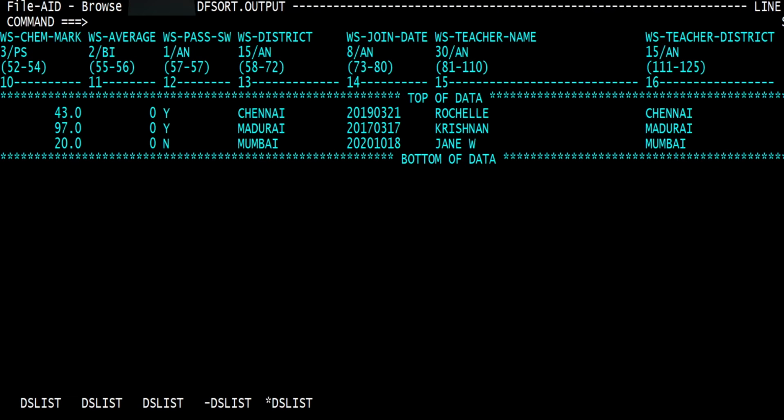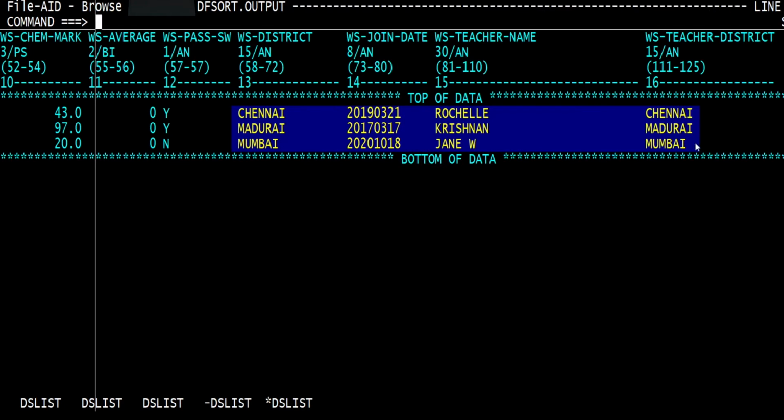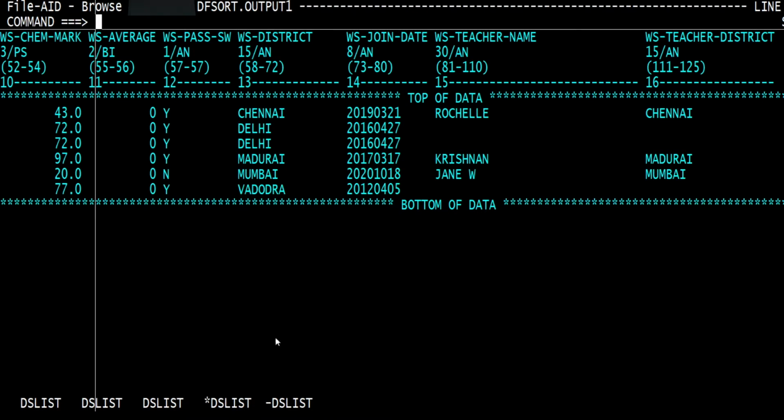So again, to recap, this is our output file from the first job. We have 3 records, Chennai, Madurai and Mumbai, since they are the only matching records. If we see our output file for this job, which gets the JOIN UNPAIRED comma F1, we will have all the records from file 1, but only the matching records from file 2.